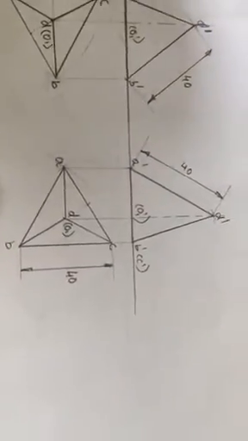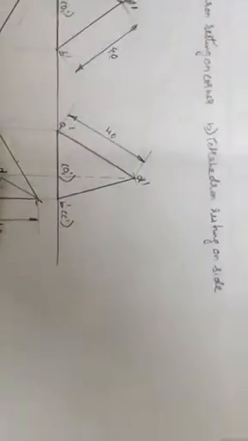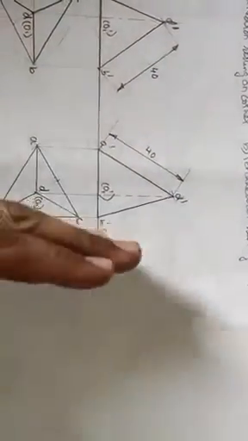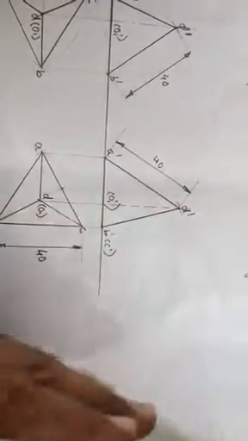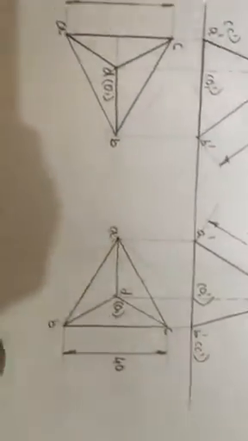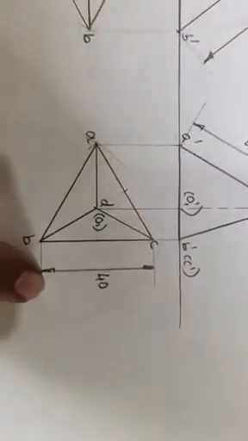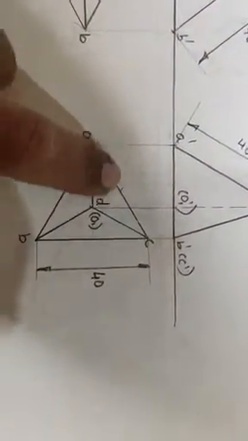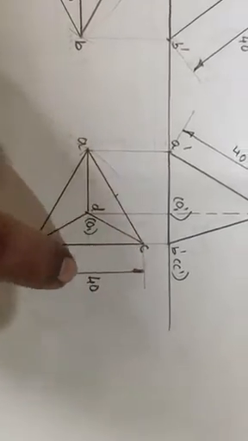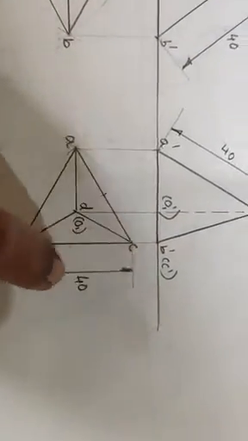Yes. So suppose in the second case now, the tetrahedron is resting on its side. So I want a side towards my right side here in the top view. In the first position top view, I want to have the side towards me here. So in this case, how will you draw it? First you will draw a side of 40 mm.